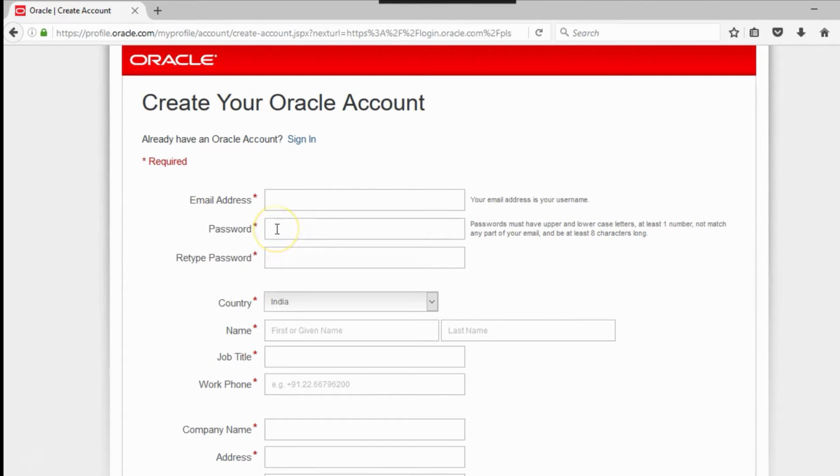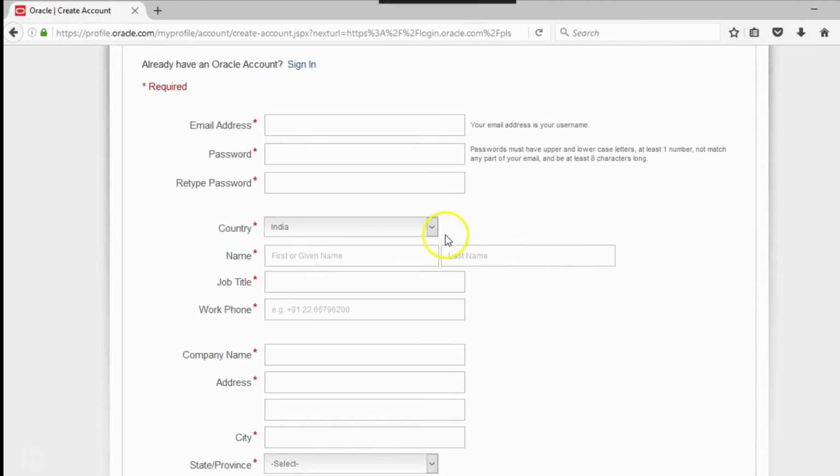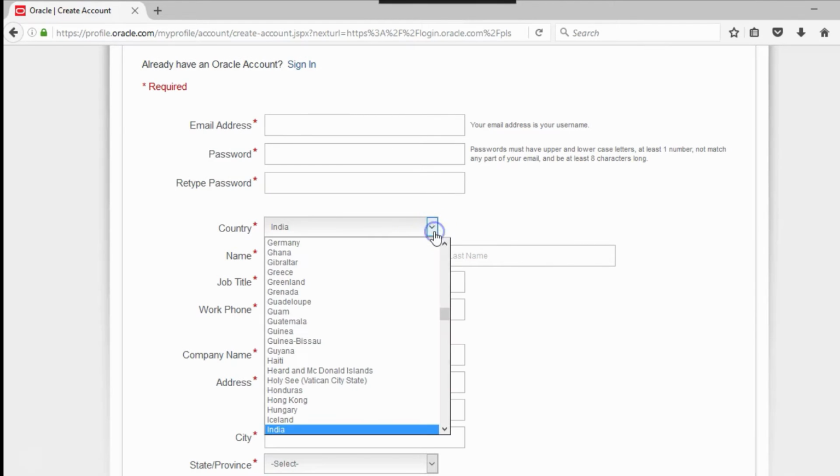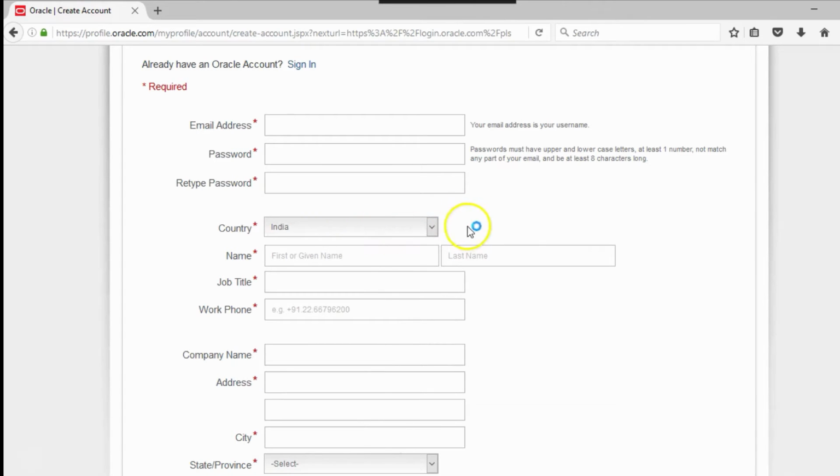You retype the password and fill in details such as which country you are in, your first name and last name, and, if you are working, your job title.